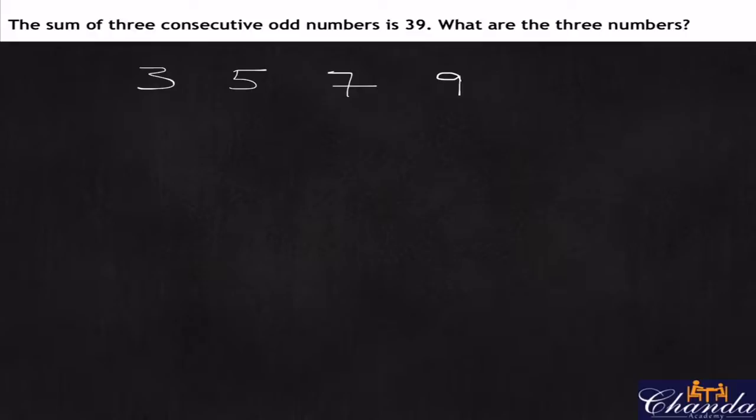So as we can see, there is a bit of a pattern here. So from 3 going to 5, we have plus 2. From 5 going to 7, we again have plus 2. And then from 7 going to 9, we have plus 2. So there is a bit of a pattern when it comes to odd numbers or consecutive odd numbers. So imagine our very first odd number. So imagine our first odd number